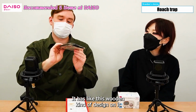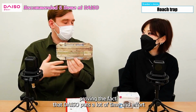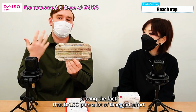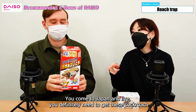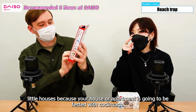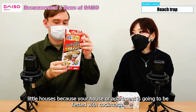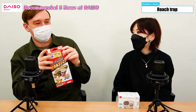It has this wooden kind of design on it. So again, it's proving the fact that Daiso puts a lot of time and effort into thinking about the products that they put out there. If you come to Japan and live, you definitely need to get these cockroach little houses because your house or apartment is going to be infested with cockroaches. I don't know if it's going to be infested with cockroaches, but...